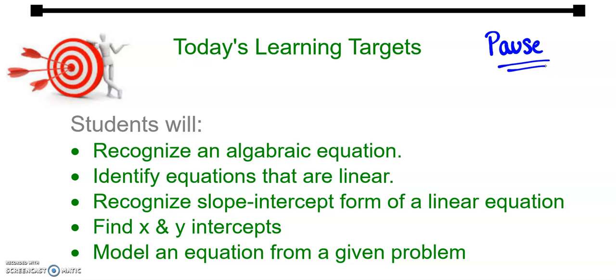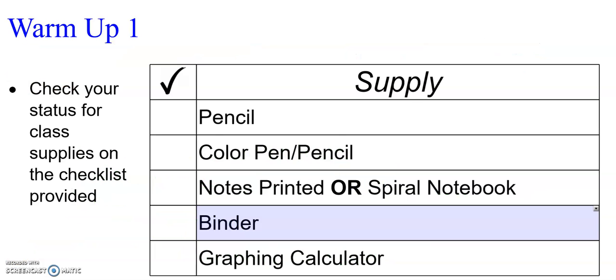So here's the plan for today. Today, we're going to do a lot of review, okay? So the first goal is just to remember what it means to be something called an equation. The next thing is going to be to remember what it means to be something called a linear equation, okay? The third thing is going to be to review some characteristics, some traits of lines, mainly their slopes and their intercepts at the x and y axis. So, without further ado, just a little heads up,